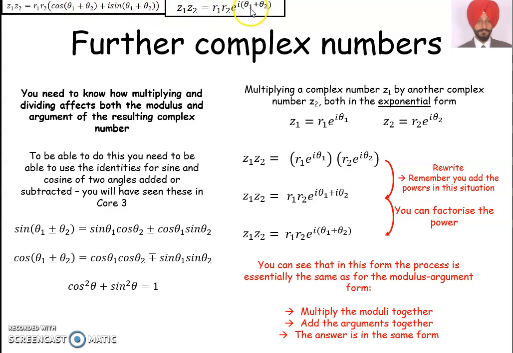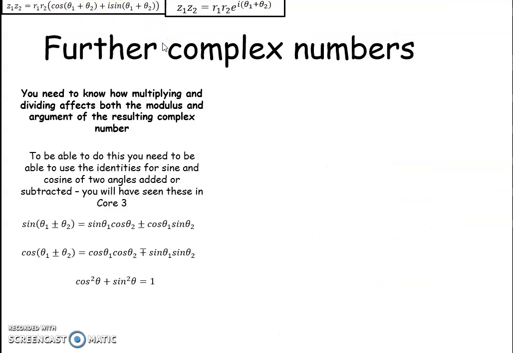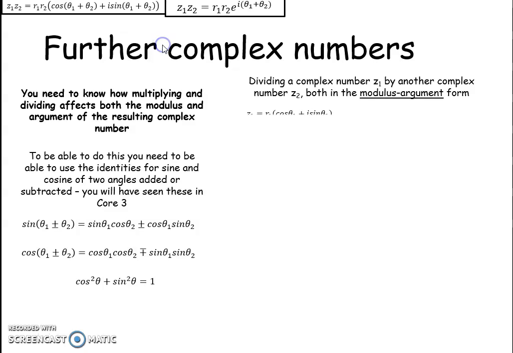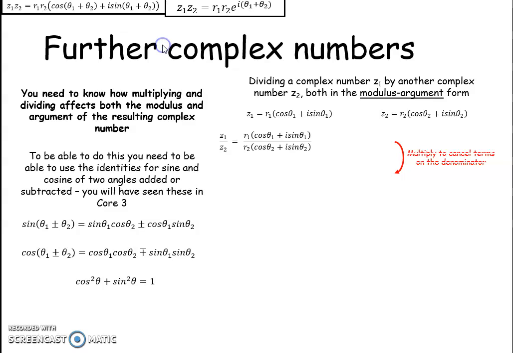Here in this case, e raised to the power i(theta 1 plus theta 2) means cos(theta 1 plus theta 2) plus i sin(theta 1 plus theta 2). Now come to the next. When we divide these two complex numbers, Z1 by Z2,